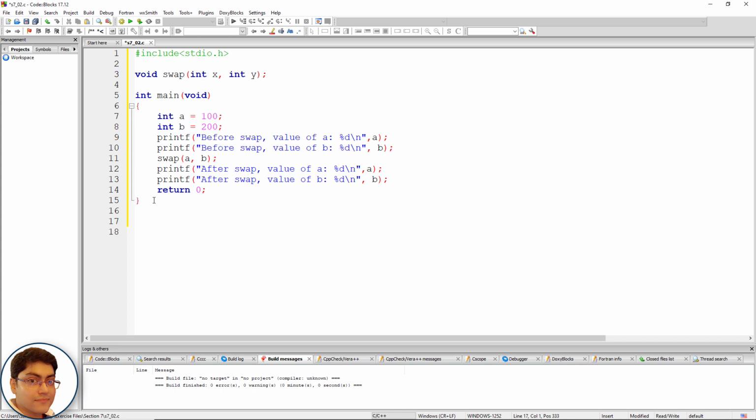Next, after main, write the swap function definition to swap the values. void swap(int x, int y) { Declare an integer variable called temp: int temp; Save the value of x in temp: temp = x; Put y into x: x = y; Put temp into y: y = temp;